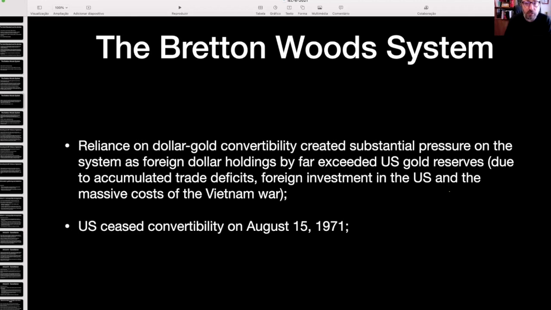France had President Charles de Gaulle, a very strong nationalist leader, and he said, we should not allow this because the United States has what he called an undue privilege, simply because they issue their currency as US dollars, and the rest of the world seems to be willing to accept US dollars and to hold US dollars as reserves. The US is able to continue to sustain these long-term trade deficits with the rest of the world. And so this is an unfair privilege in a sense that comes from having the central currency in international financial